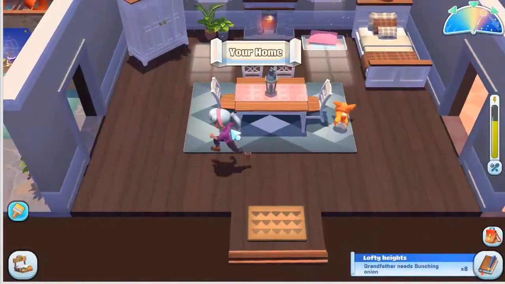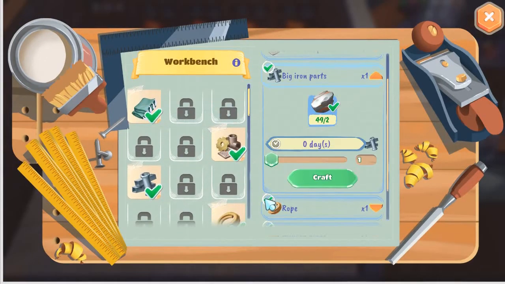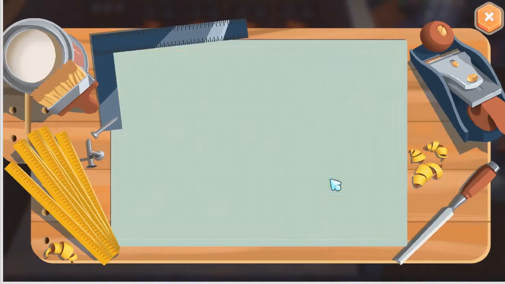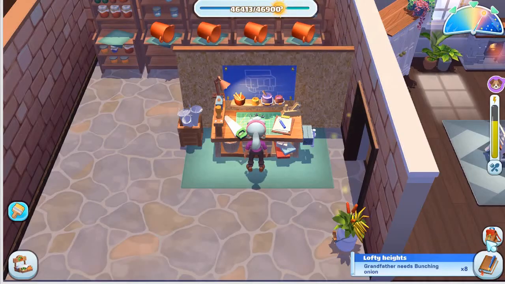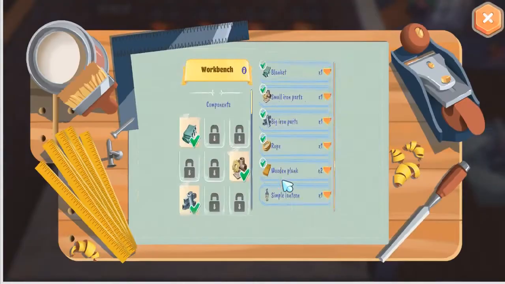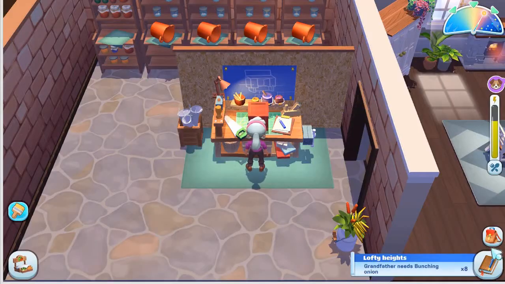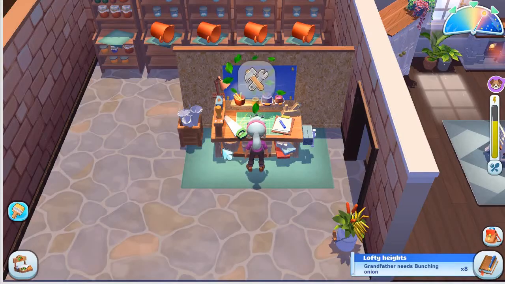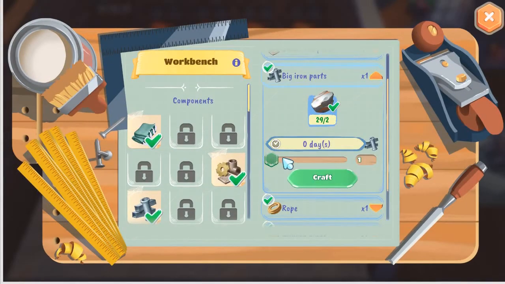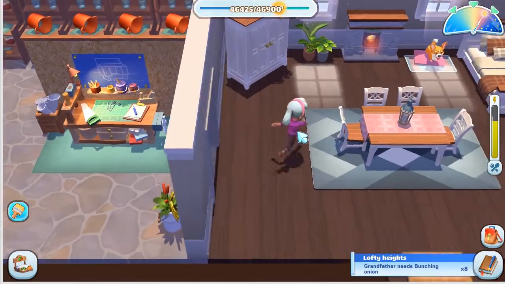I'm so silly. We came in here to make some big iron parts for Benny, which you have to do twice. So here's 5. And they say size doesn't matter, but when it comes to load carrying of iron, it does matter. And I believe we need 10 of these, right? Or did we need 12? How many? Oh, well, we needed 12. That's right. We needed 12. So we need 2 more. Isn't that insane? Alright, so we have big iron parts